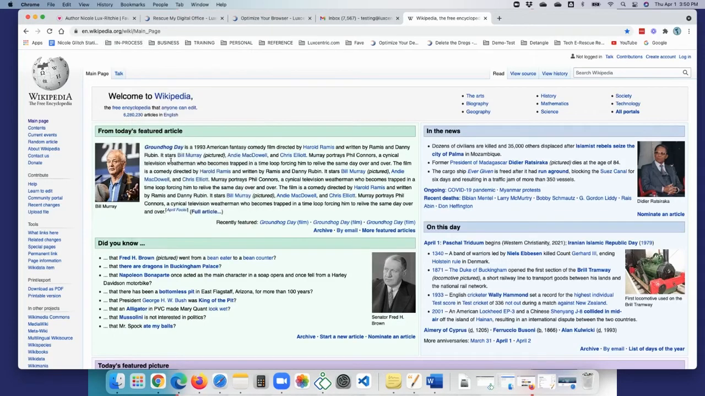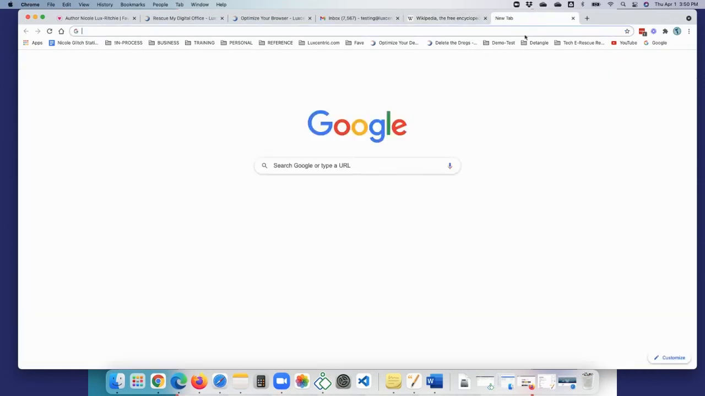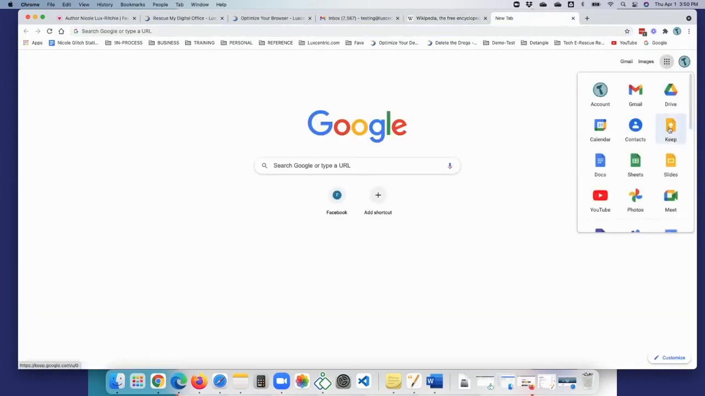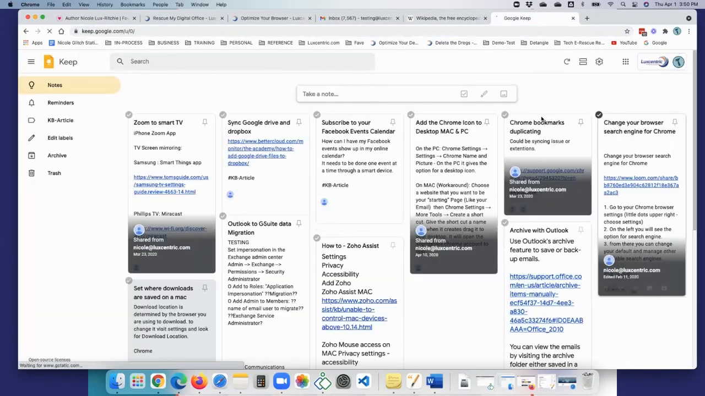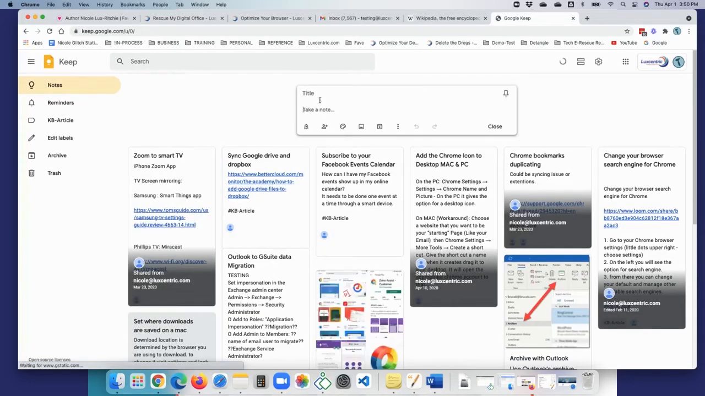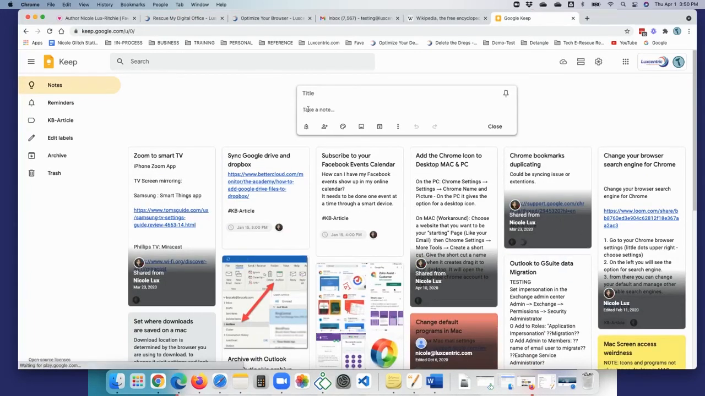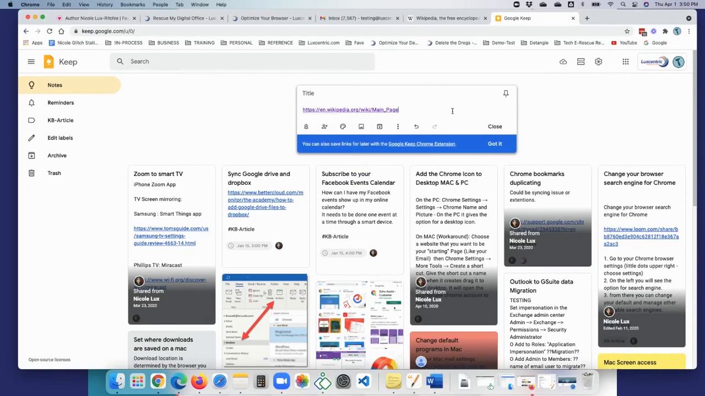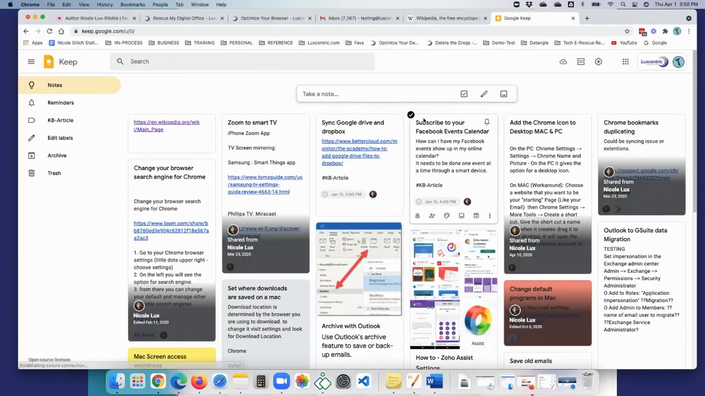So here we can copy the link and then we can open up a program like Google Keep and paste it in. I've got a ton of notes here. So here I'm going to open a new Google Keep note and I'm going to paste my shiny new website link and close. So this is really useful when you have things